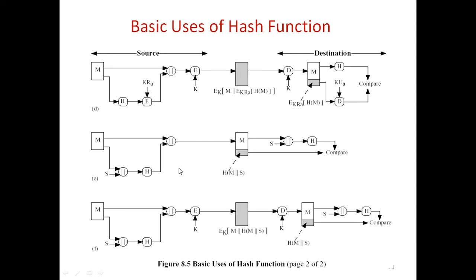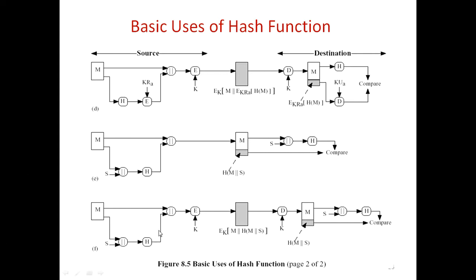These last two cases are similar, where the secret key plays the important role in the hash design. S is some secret value. Generally, actually, it is not a secret key. It is a seed value. S means a seed value or secret value. This is assumed like a key, but it is a seed value. It is also kept secret, because it plays an important role in the computation of the hash code.